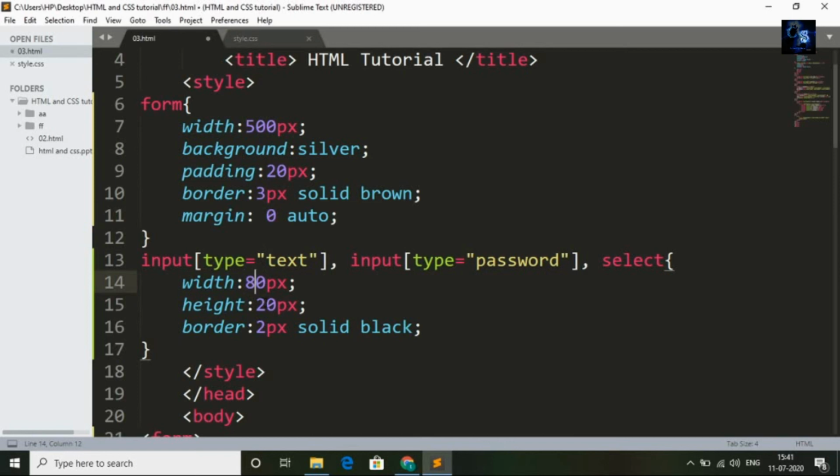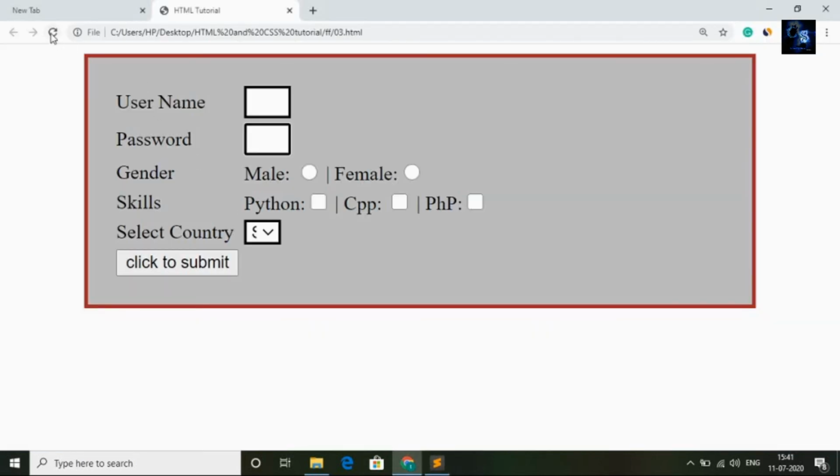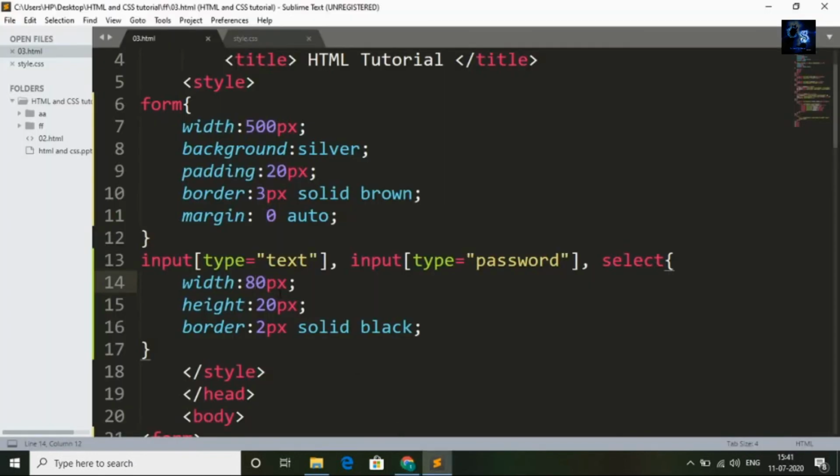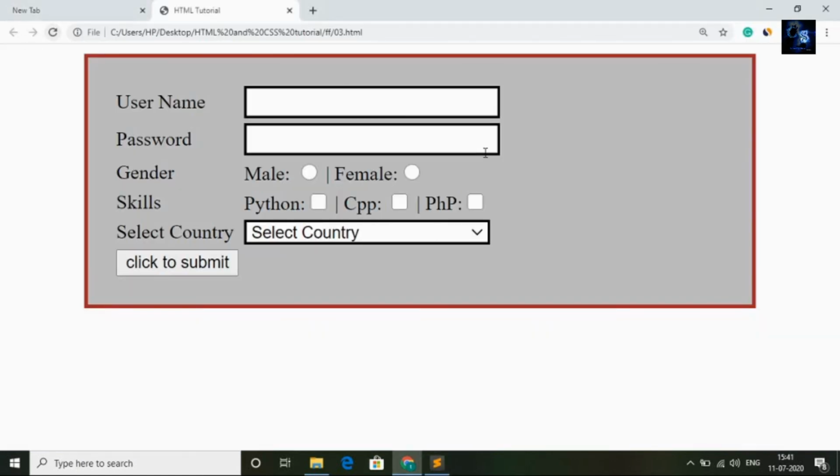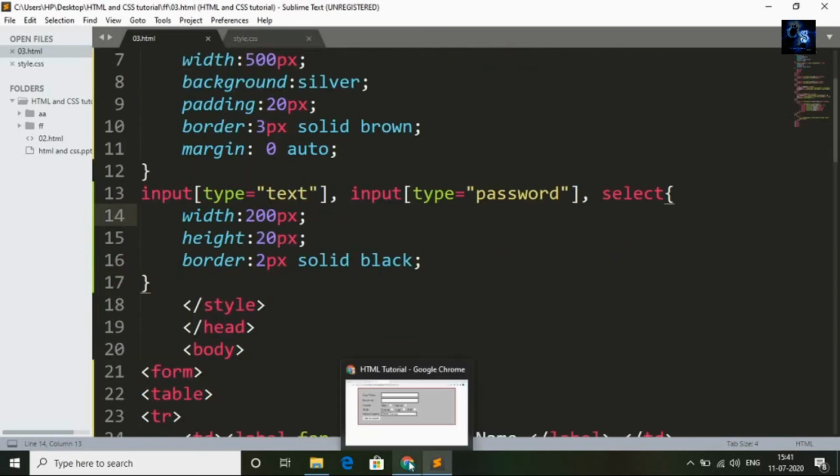Now I will save this and go back to the browser. Yeah, it's looking nice. Still more, 160, 200. Now I will save this and go back to the browser. Yeah, it's looking nice.